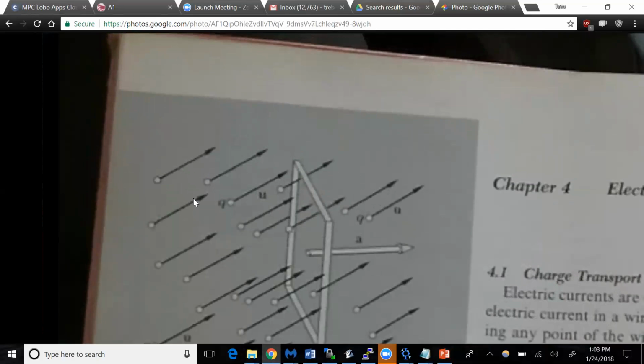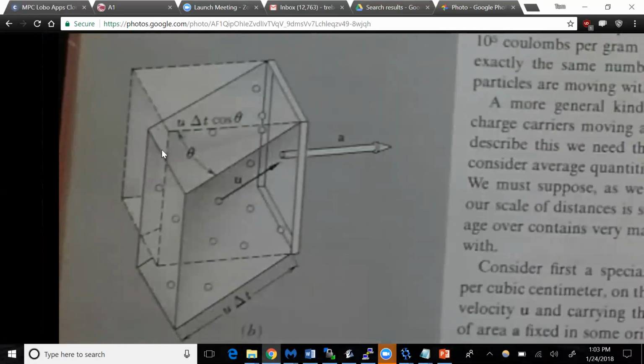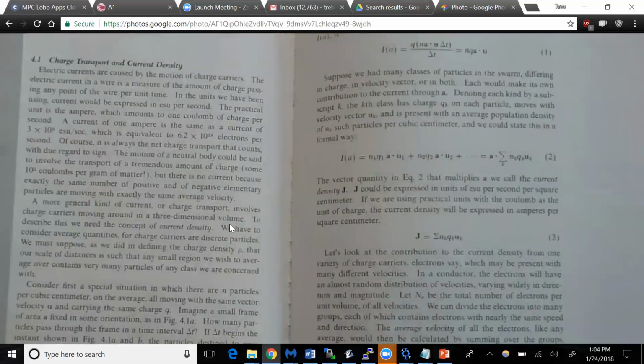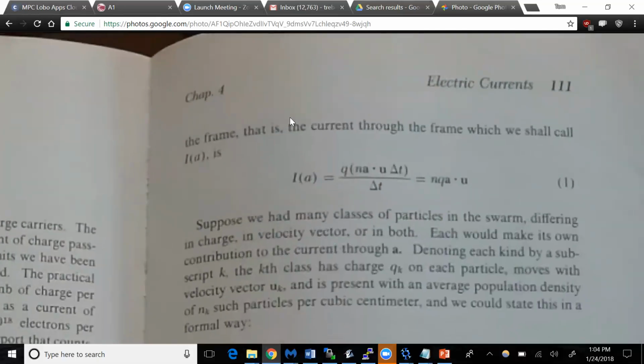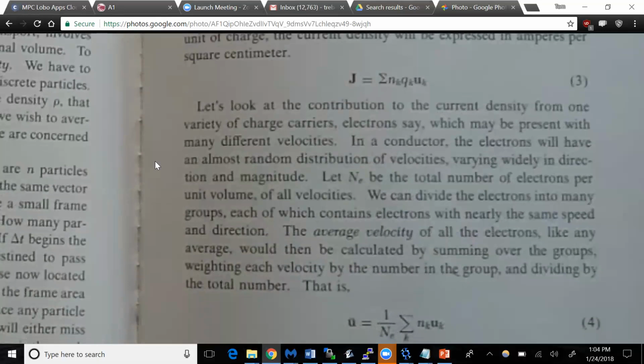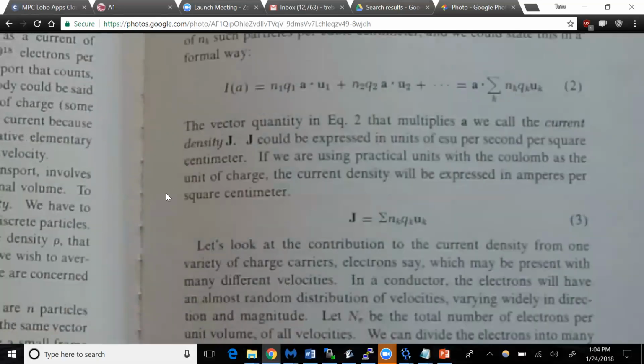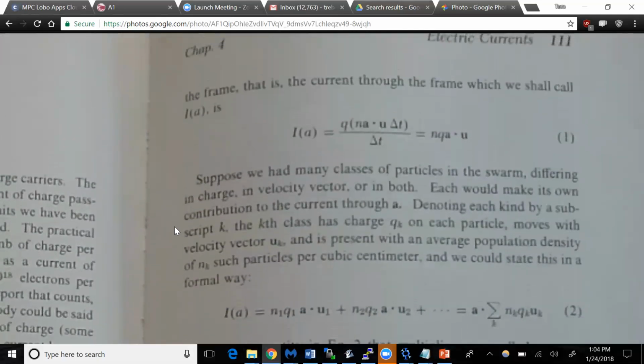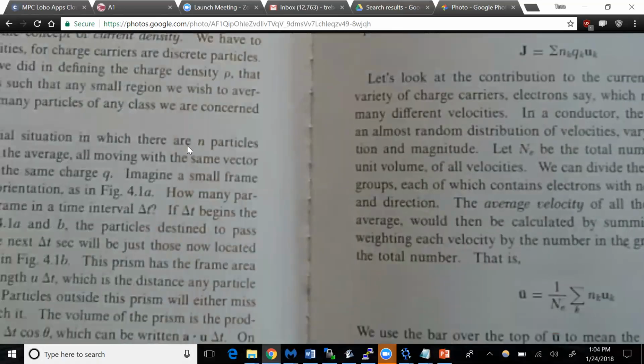And this is why it's annoying, because look what they do. They don't talk about current through a wire. They talk about just a bunch of charges floating through space. And they can't have rectangles; they have to have these rhomboid things, because for some reason the U doesn't have to be in the same direction as the plane of the A, but you do have charges flying through these hoops and everything. And here's the formula. I still don't know what NE is. This may seem like we're making a big fuss out of nothing, which is basically what all of physics is. Because really, the ideas are quite simple. So basically it's talking about a volume of charges and,